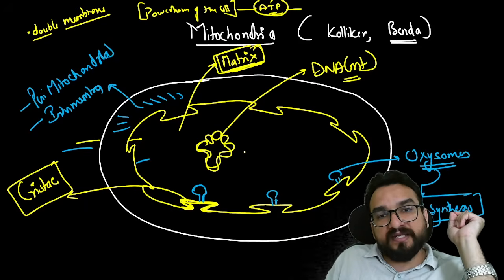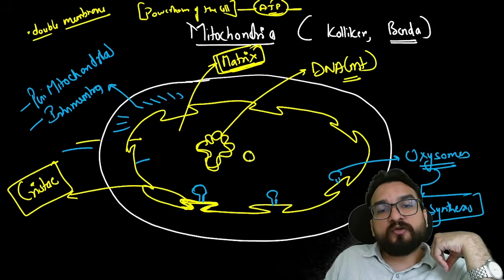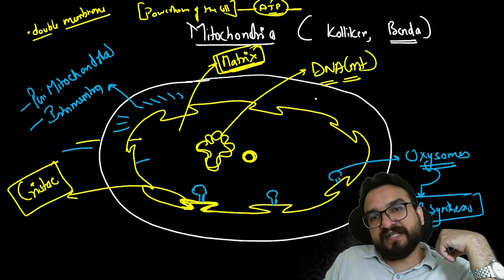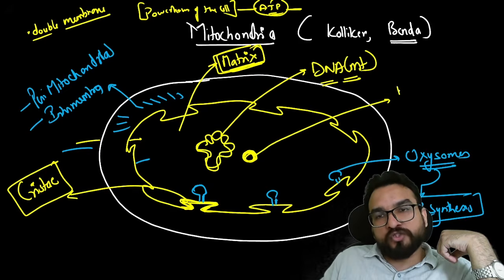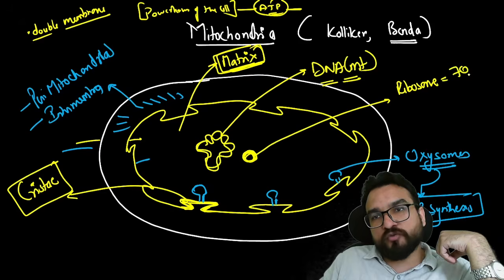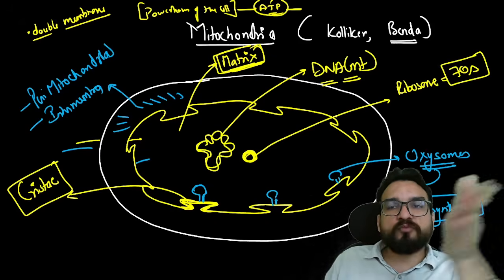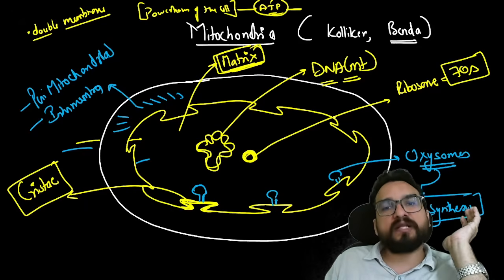If there is DNA, then there is one more organelle present over here, whose job is to produce protein. Because DNA contains the code, and the code goes to the ribosome to make protein. So over here you will find a ribosome also present. We call it a 70S ribosome. What this 70S ribosome is, and how it differs from other ribosomes, we will clear up when we study the ribosome organelle.